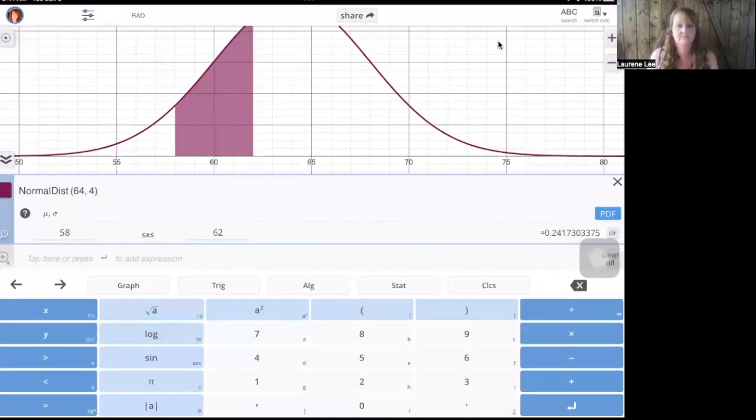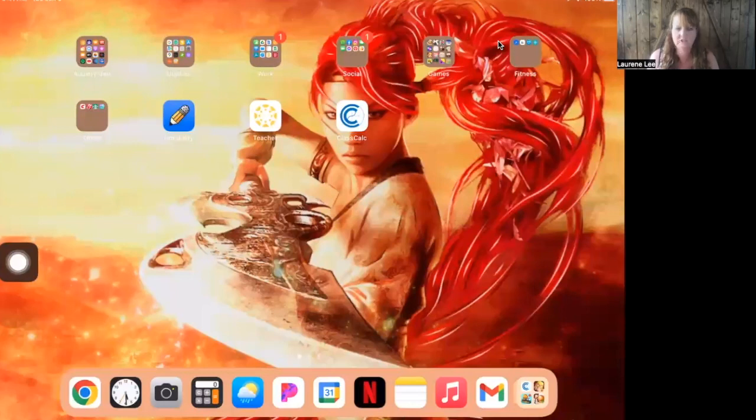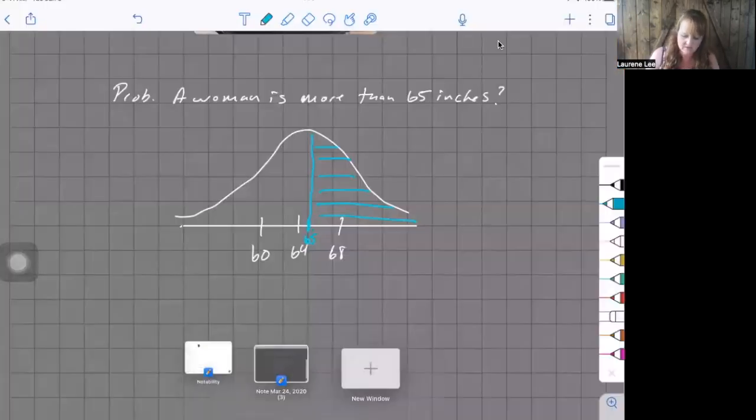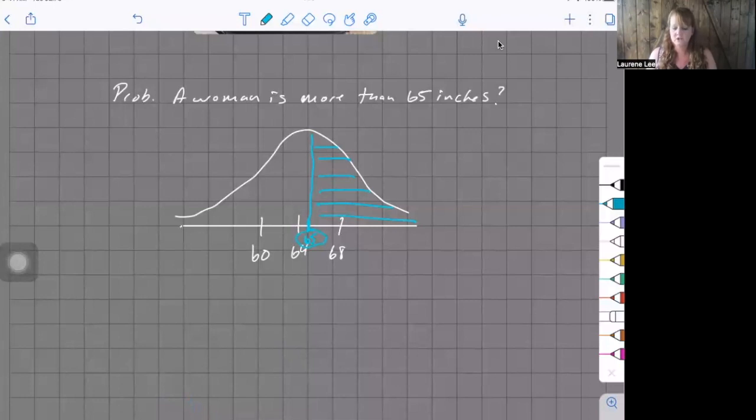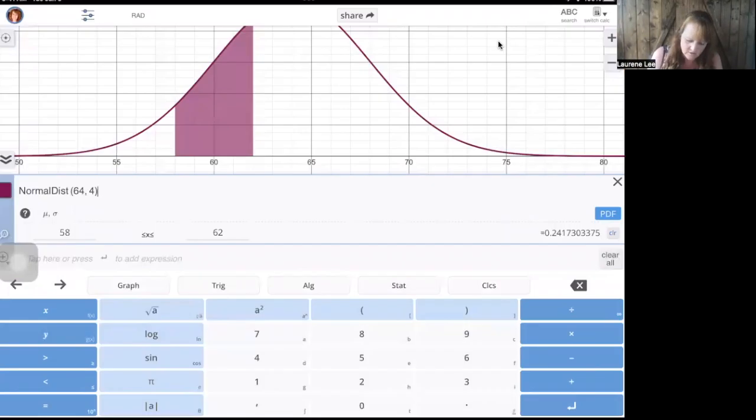You can use this same work you did right here, okay, because the mean is still 64 and the standard deviation is still 4. We're just going to change our little section right here. Okay, so I want to know what's 65 up. So my lower bound is the left part of my colored region. So the left side of the colored region is 65. The right-hand side is infinity. Okay, the left-hand side over here is negative infinity. So if it's to the right like that, then it's a positive infinity. So I'm going to say